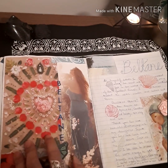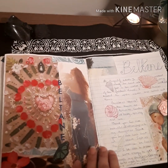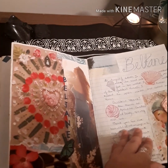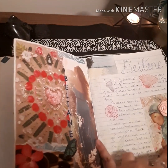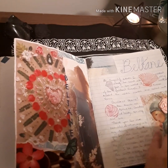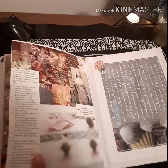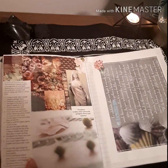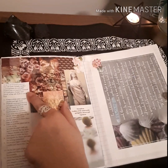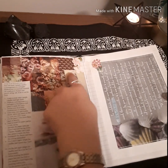Beltane for me is about love, and I've got pearls, I've got a goddess, butterflies, and this is all about my Beltane. You know, Mother Earth and the sea and the ocean are really important to me for Beltane. Same with roses and flowers. So you can see lots of pink and pearls. So I've got a spell here of transformation, and this